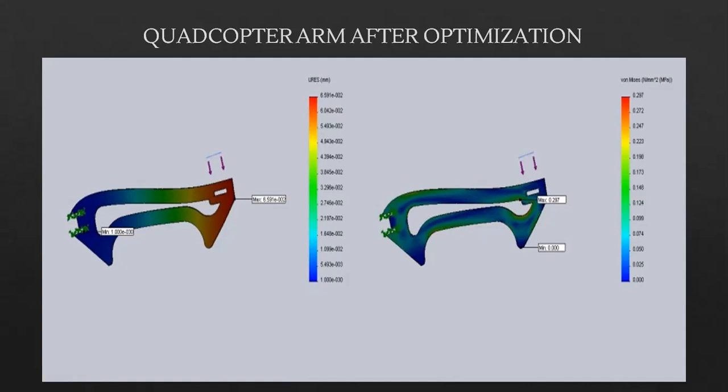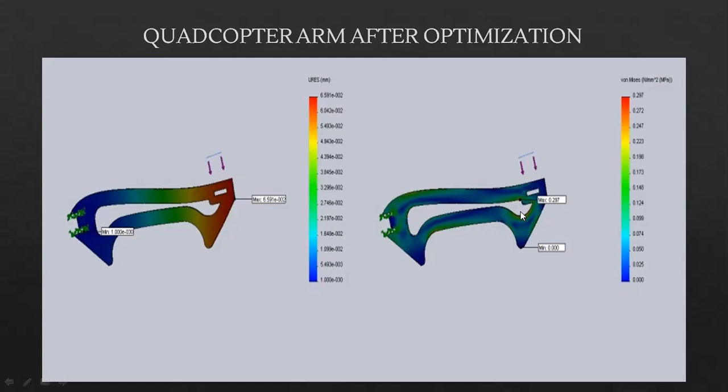Like we have 6, right? 3 for translation, 3 for rotations. So we can constrain 2 or 3 or 4 based on the physical problem that we are trying to simulate. So boundary conditions and loads, different in different directions. Once that is done and you have analyzed the component, you will see the results, right? And based on the results, you will optimize. You will remove the material somewhere, or add the material somewhere if it is required.